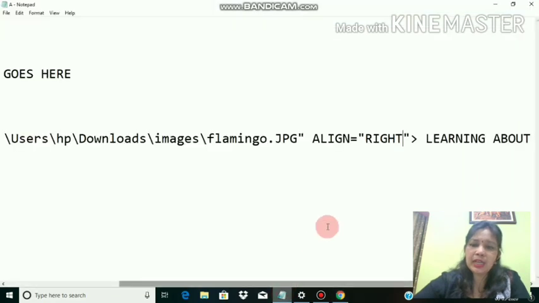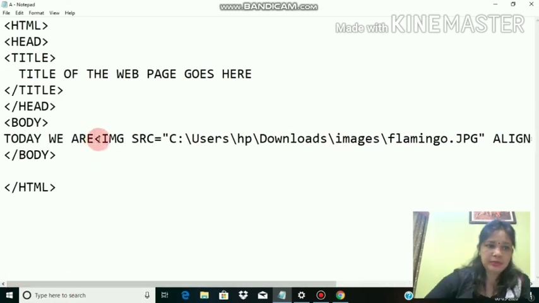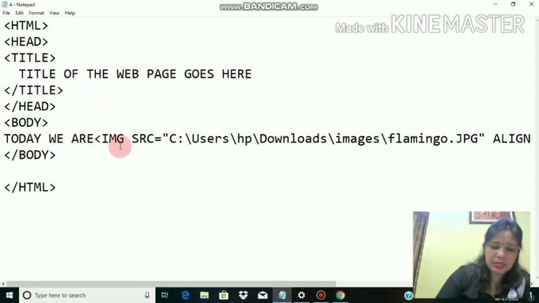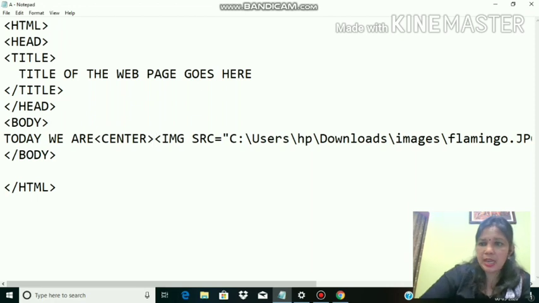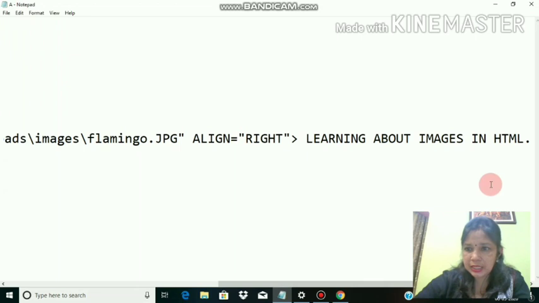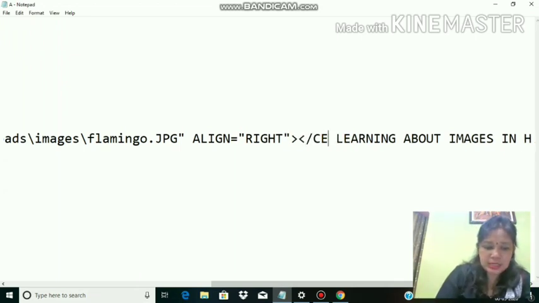Center, if you give as align's value, it will not work. For that, as I had shown there, what do you have to use? An independent tag before the image tag. Or should I, here only, center tag in the beginning of the image tag, and where you have completed this image tag, in that part, here I have completed /center.